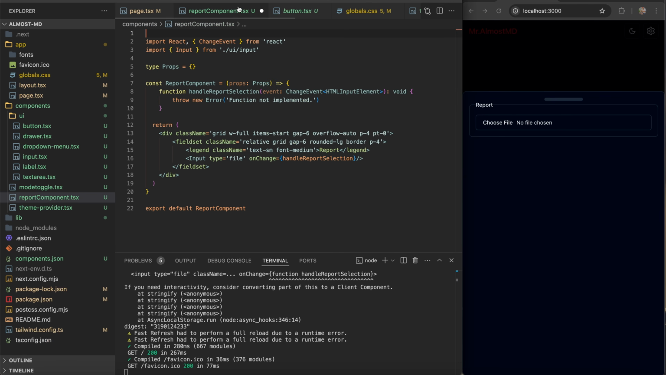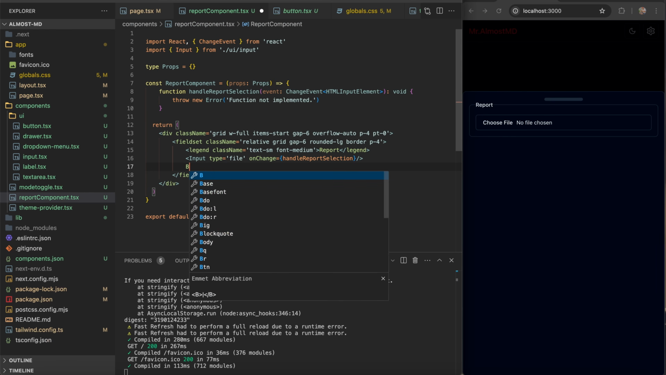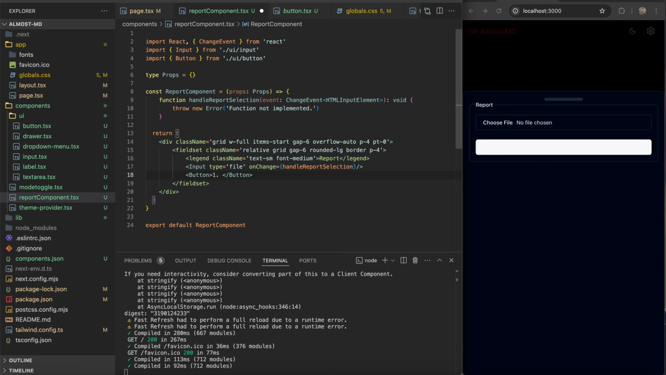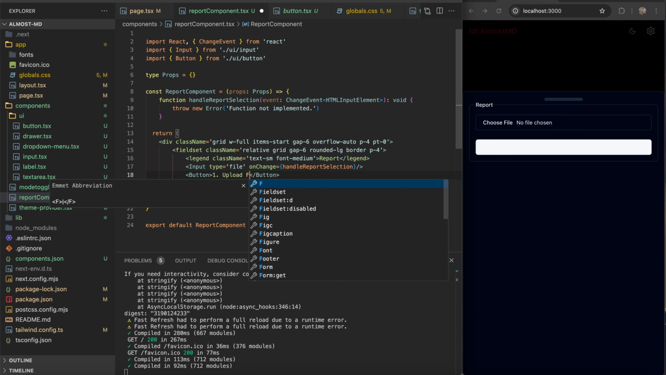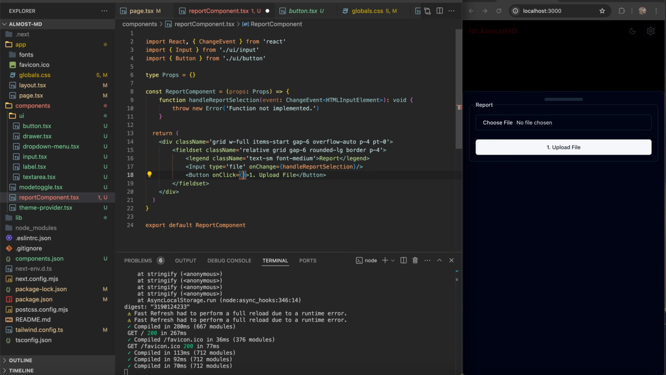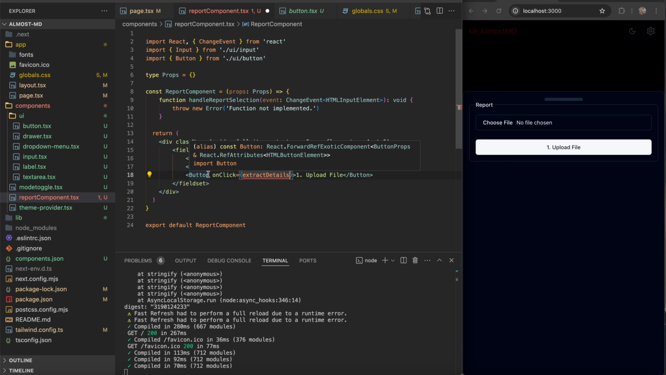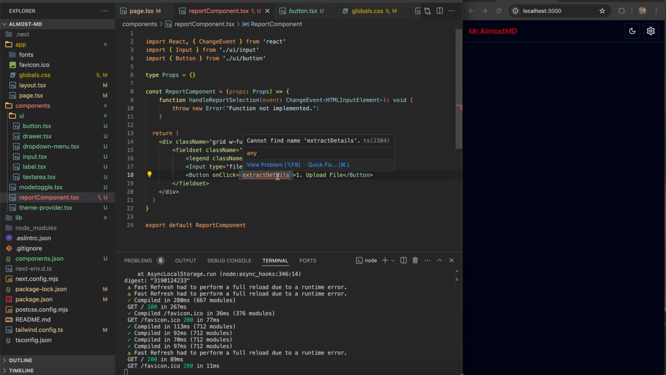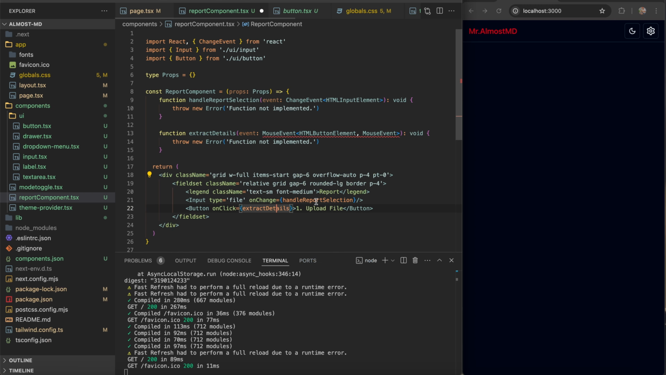So back in the report component, right after the input, I'm going to add a button from the ShadcnUI button, and that will be the first step of the workflow, that is upload file. I'll give it the on click placeholder for now, that is extract details. It will send an API request to the Gemini API as a vision task, and it will extract the details that it sees in the report file, be it a PDF or an image file. So I'll do the same thing, place my cursor here and hit command dot, add missing function,